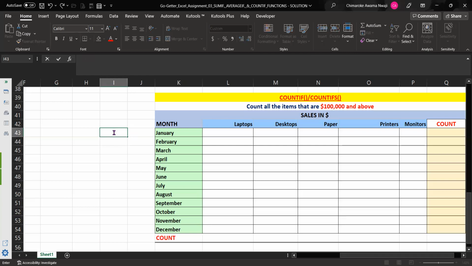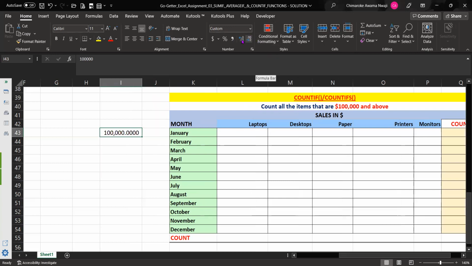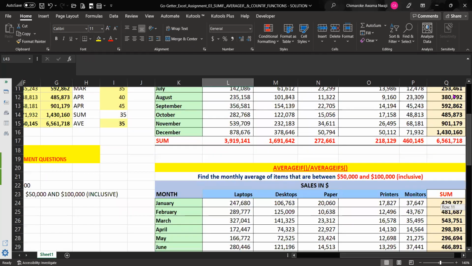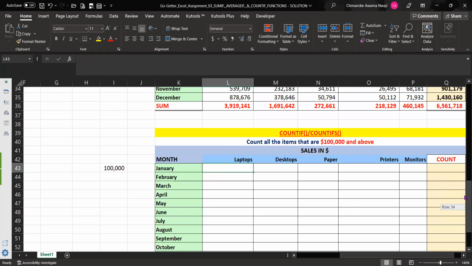Sorry, let me write it again. 100,000. All right, so this is 100,000. So what I will do here is I'm going to populate the figures here that are 100,000. So I will say equal to,